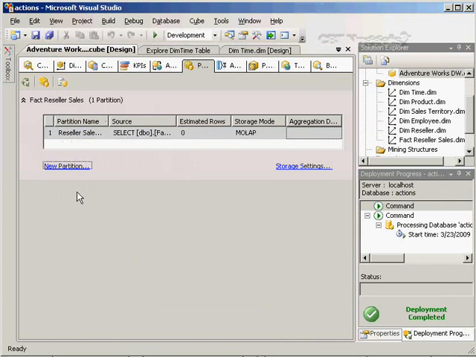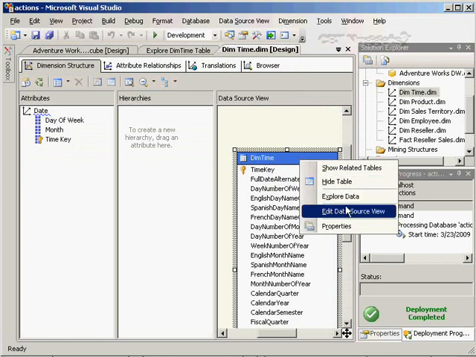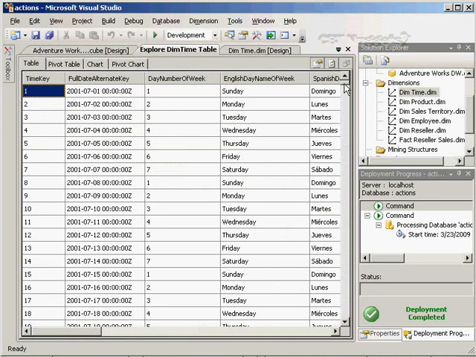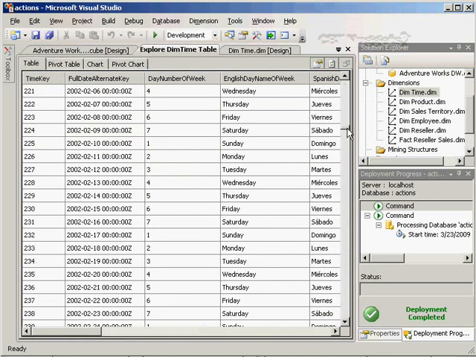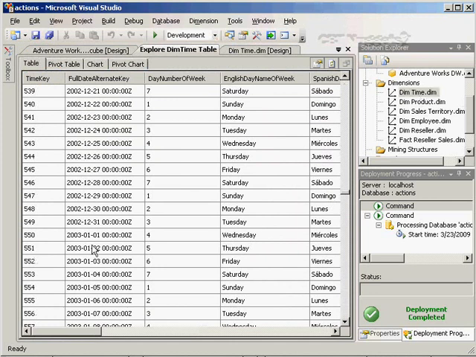Well, before we create that new partition, we need to find out what the date key is. So you can double click here on dim time, and let's right click on here and we'll explore the data. So we're focusing on year 2002. Let's scroll down here. Looks like we have year 2002 right here. So we're looking at the time key of 185 through, looks like 549. So 185 through 549. Okay, so now let's go to our cube,